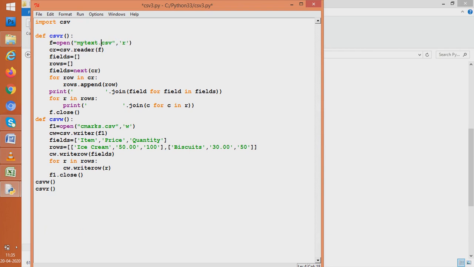Whether the name is .csv or .txt, the name is .txt. So we will put .txt here. Here we will not use this, because this function is not required. We want to read the text which we created. So we will disable this, put it in comment, and we only want to read. So let us read. Let us see whether it gets read or not.